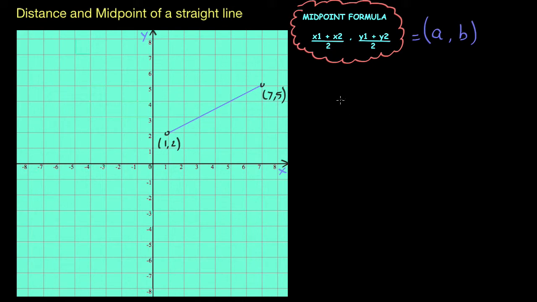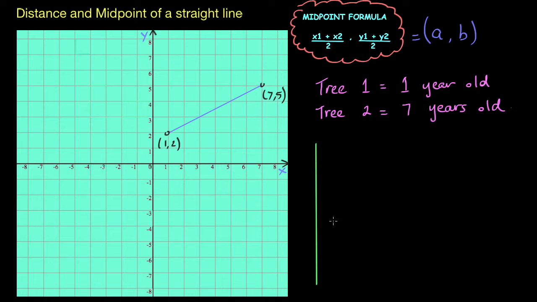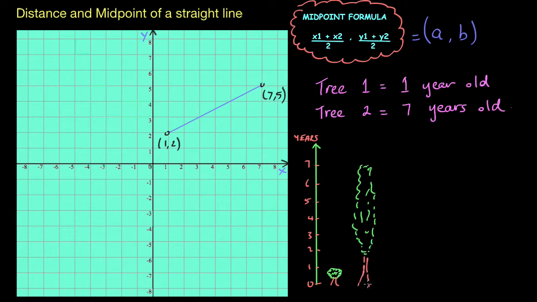Imagine you have 2 trees. One is 1 year old and the other is 7 years old. So I'm going to assume that the height and the age of those trees are directly related here, but the point is we're trying to find the middle age of those 2 trees. So one is 1 year old, one is 7 years old. What we're going to do is we'll add those 2 ages together, 1 plus 7, we divide it by 2,